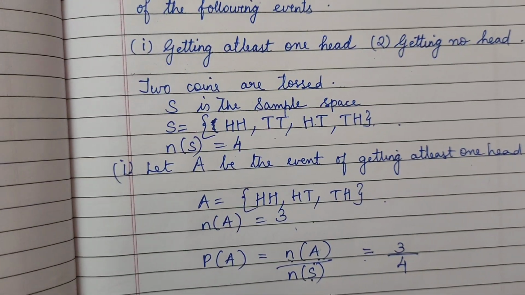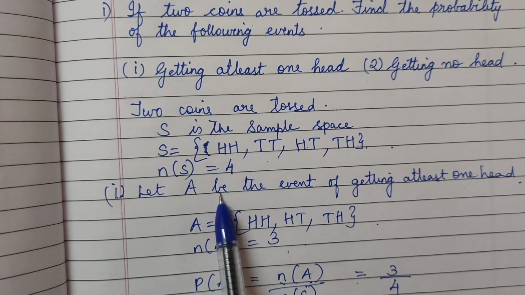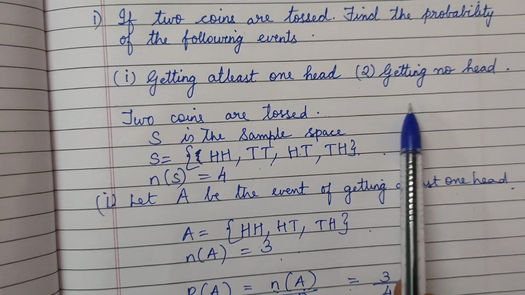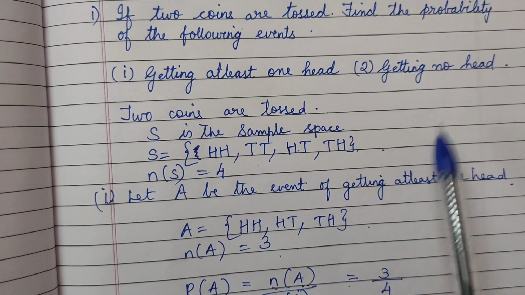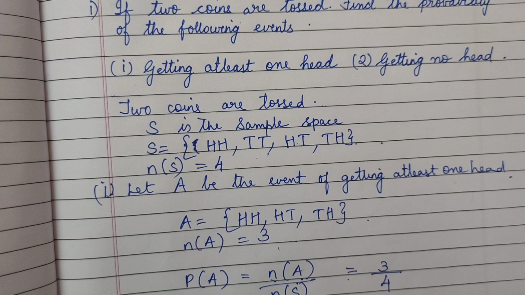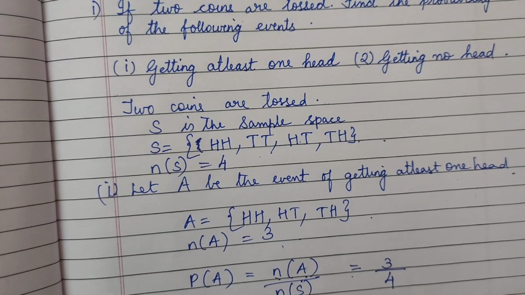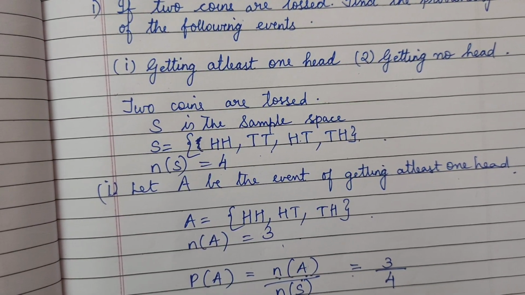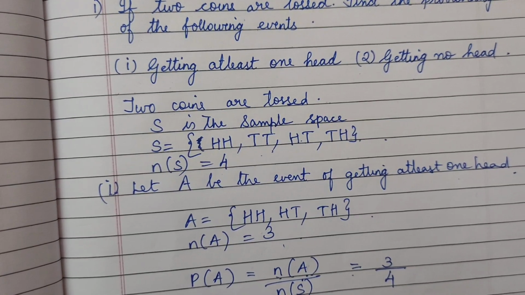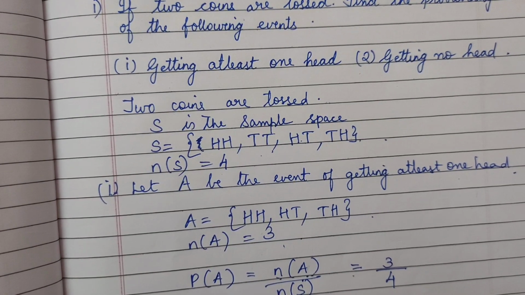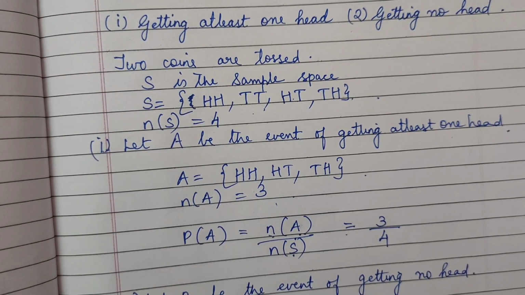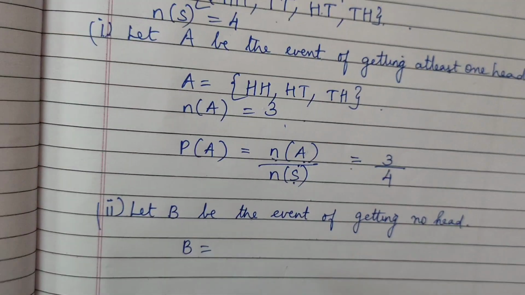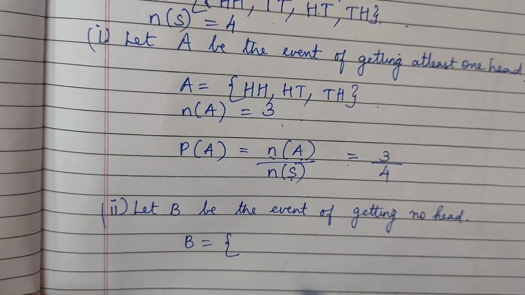I hope now you can tell me how it should be named, how we have named. Let A be the event. Now what can we give as the name? Any B or a P something. So let B be the event of getting no head. Done. Now we will write all the outcomes for the event B. So I'm writing here B, no head, they said.